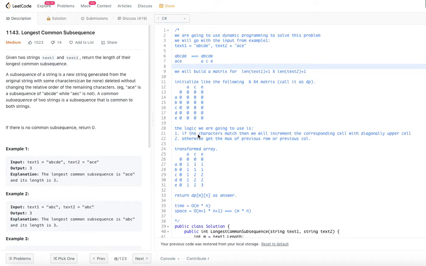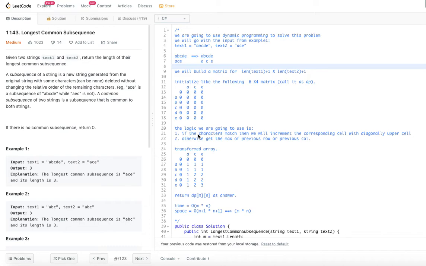So basically we are given two strings, right? Text1 and text2. So we need to identify a string which is common to both of them. One or more characters can be deleted from both of the strings so that both strings will be equal. So it's only deletion, it's not substitution.